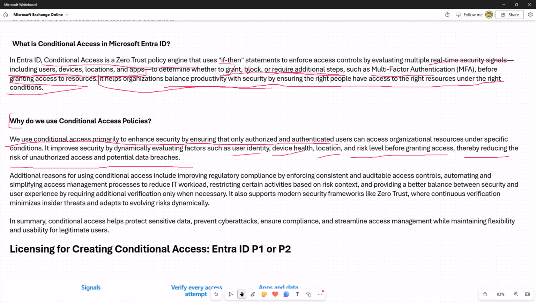Additional reasons for using conditional access include improving regulatory compliance by enforcing consistent and auditable access controls, automating and simplifying the access management process to reduce IT workload, restricting certain activities based on risk context, and providing a better balance between security and user experience by requiring additional verification only when necessary.